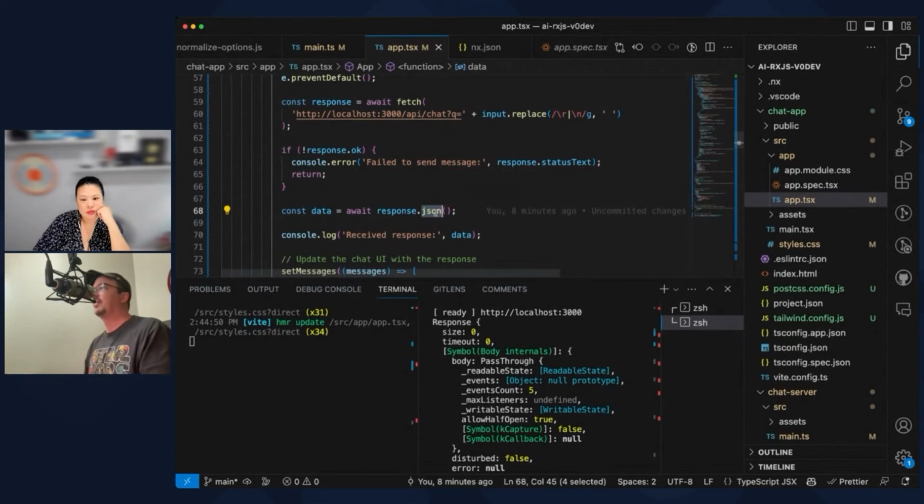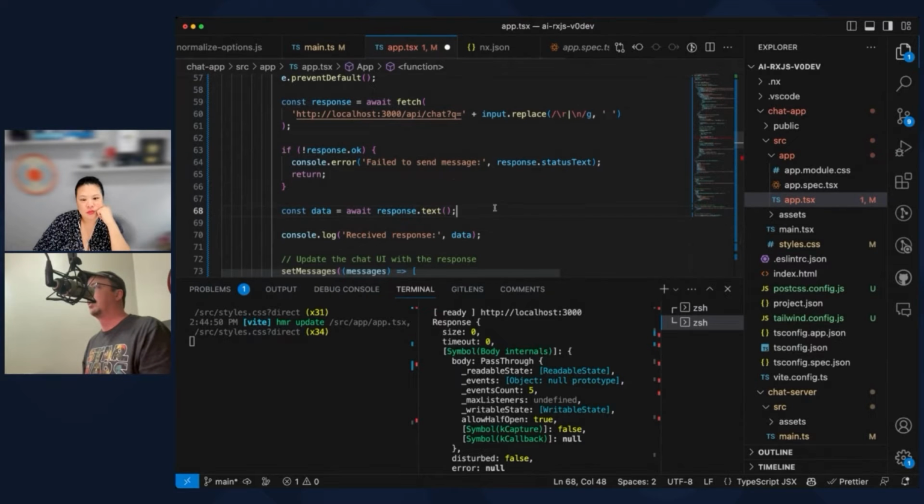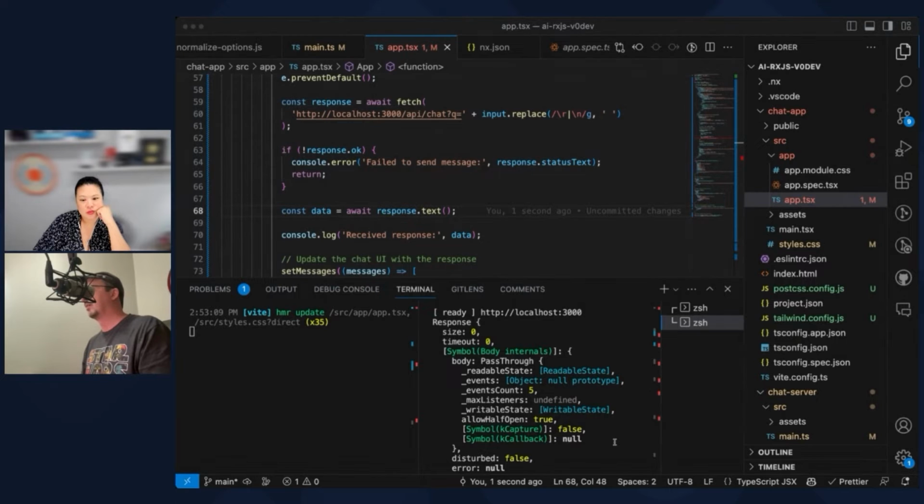So instead of getting JSON here, because it doesn't really know what to do, I'm just going to do text and see what we get out of that. Now, if I run it, cannot read properties of undefined reading 0. Okay, that's fair, but what do I actually get? Let me log it to console. All right, so it logged a bunch of stuff to console, which I will paste here so we can see what this is. It's a whole bunch of crap.